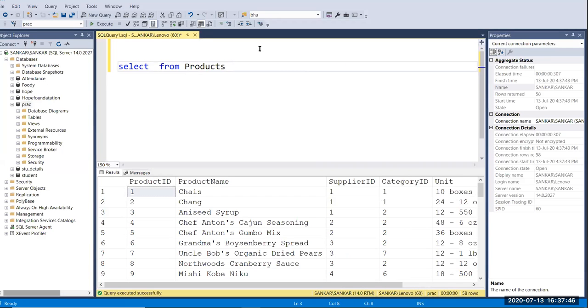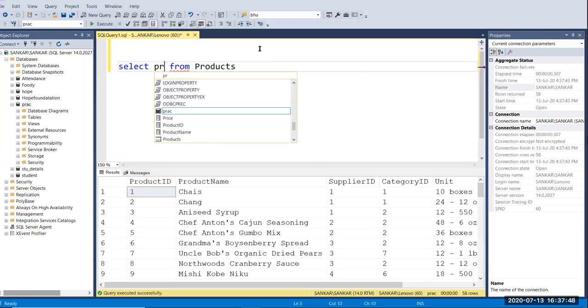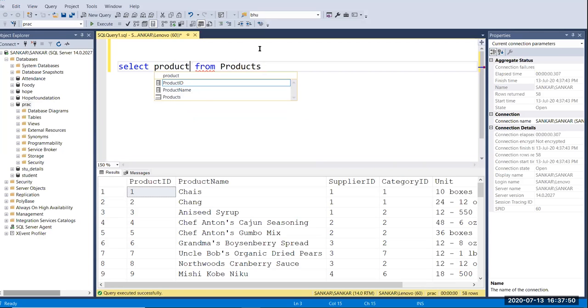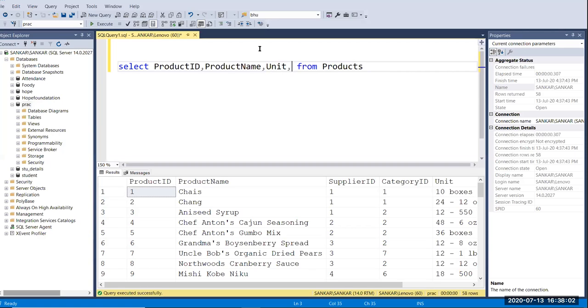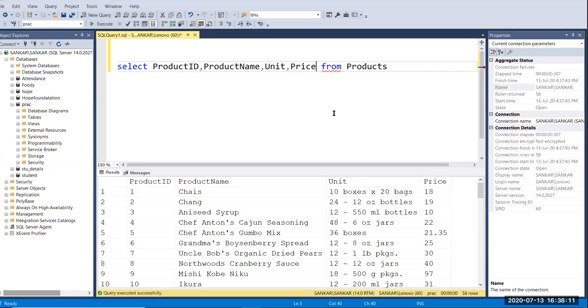Here I'm going to give product id, comma, product name, comma, unit, and comma, price. So we have some fields here, right? Product id, product name, unit, price.